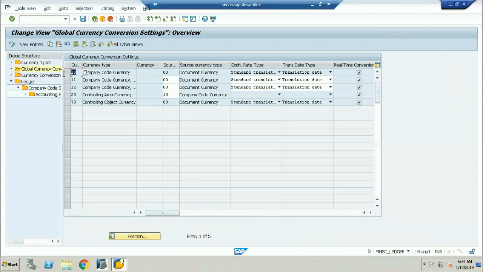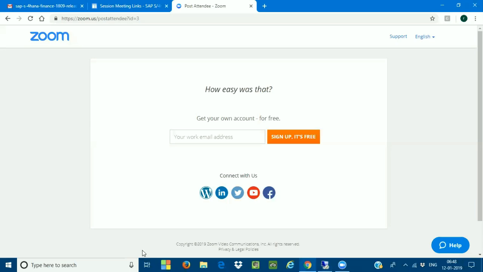Okay, that particular currency will become your 10. So when I'm posting this transaction in my SAP, always the source currency I'm taking as a 00. 00 will be your document currency, either you're posting in USD or Euro or INR, whatever it may be. So the source currency will be the 00. Very, very important. And when I'm making it a 00, definitely I need to define the exchange rate type. If it is a transaction,